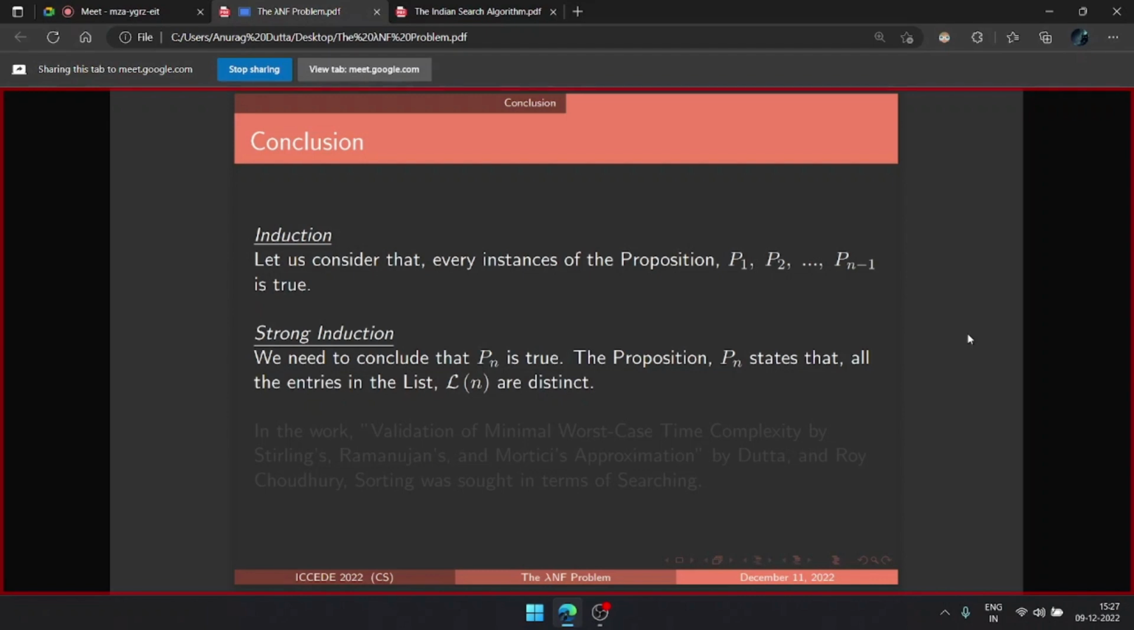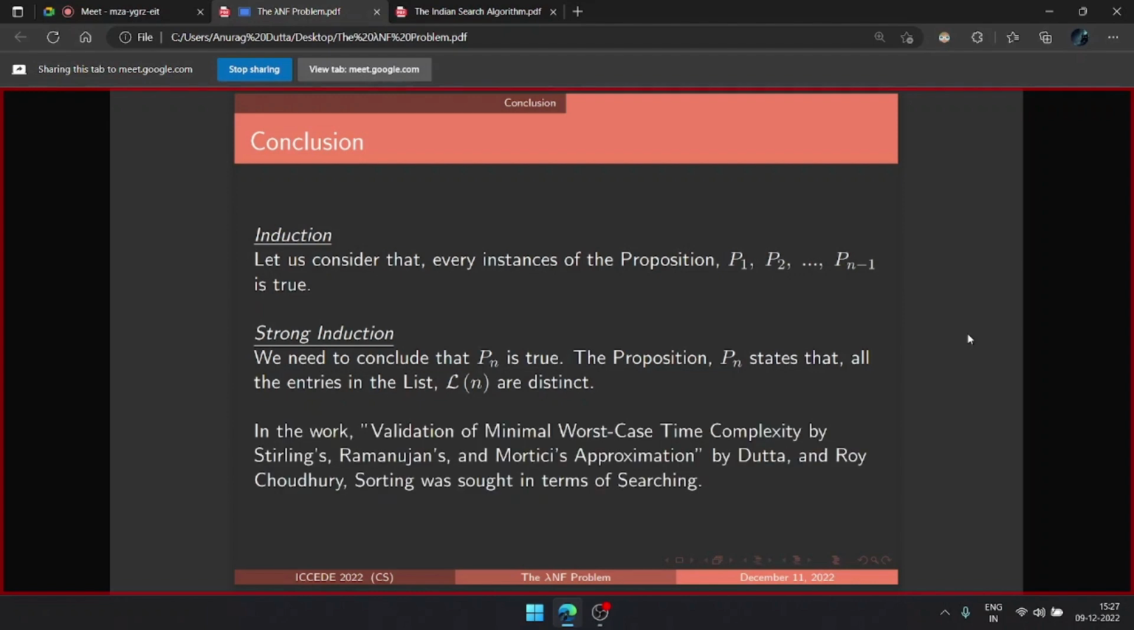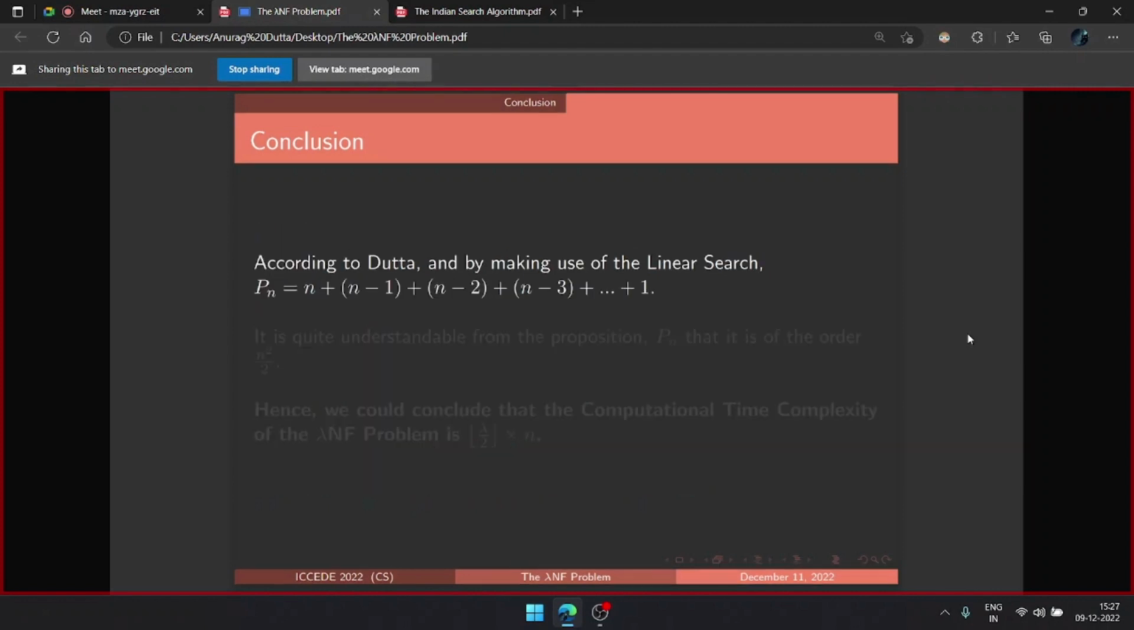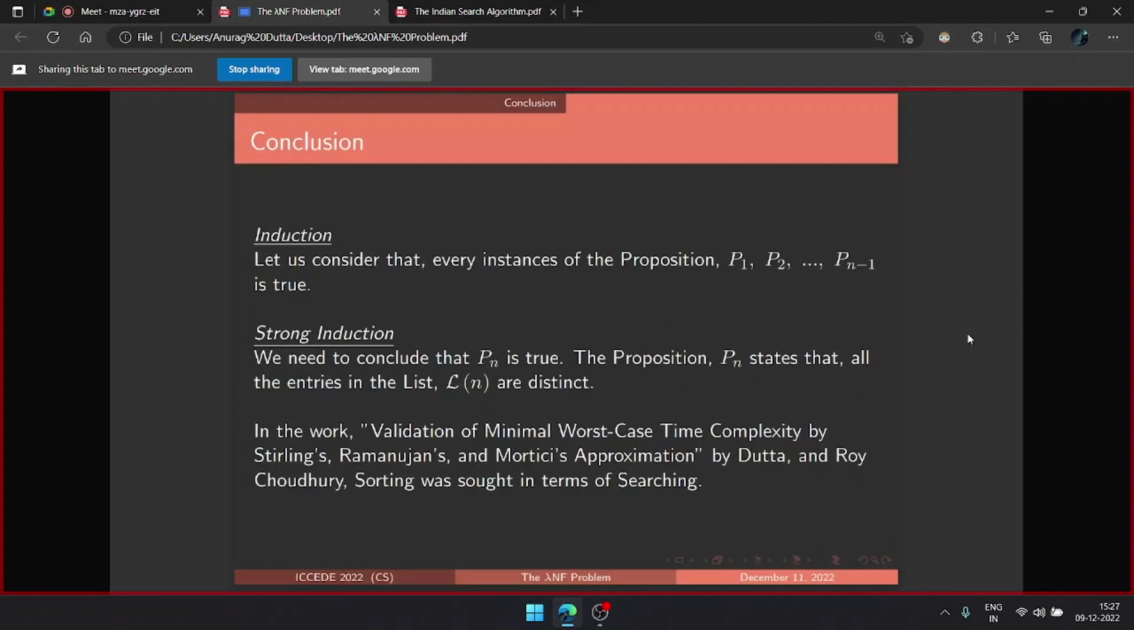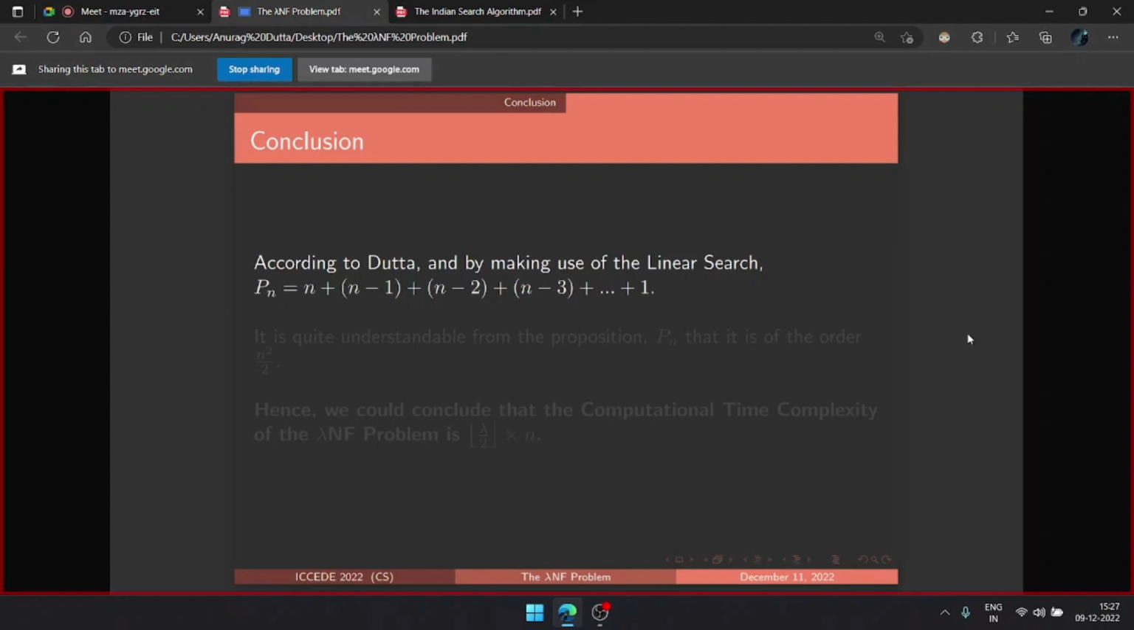One of my previous works, which I presented at an IEEE conference, tried to think of sorting in terms of searching. In that work, I mentioned that Pn, the proposition I talked about in the previous slide, would be equal to n plus n minus 1 plus n minus 2, and so on. It is basically the summation of the natural numbers till n. It is quite understandable from the proposition that it would be of the order n square upon 2. Hence, we could conclude that the computational complexity of the lambda NF problem would be lambda upon 2, taken as a floor, multiplied by